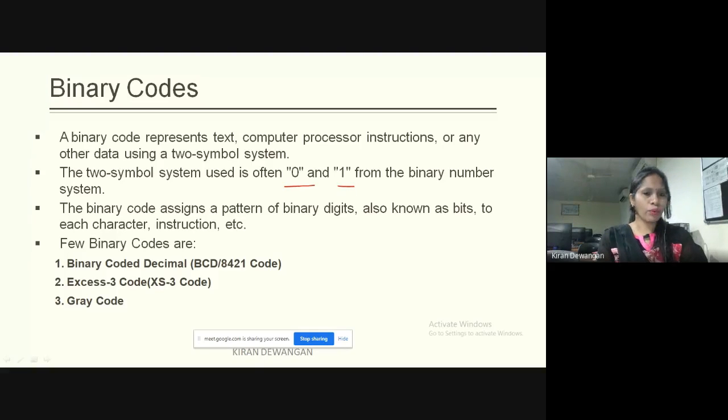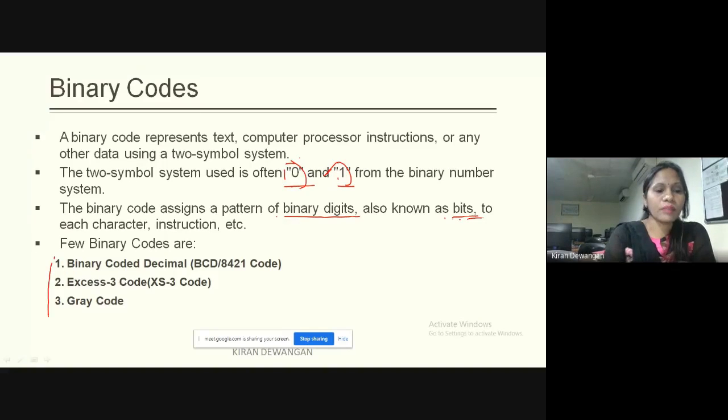Yes, 0 and 1 are the symbols that we are using. So from 0 and 1 only we design all the codes. The binary codes assign a pattern of binary digits, also known as bits, to each character or instruction. Now these are the binary codes that we'll be studying.